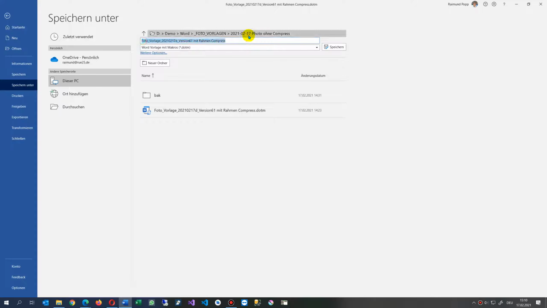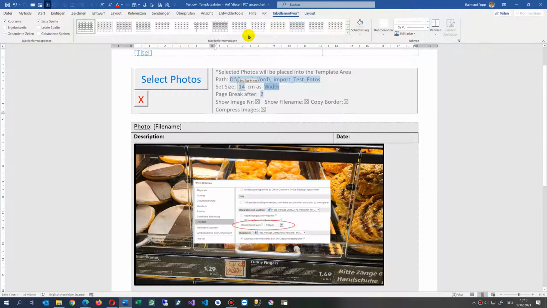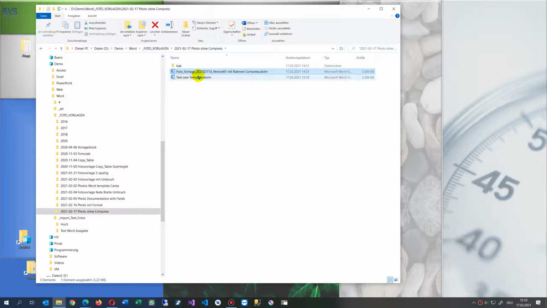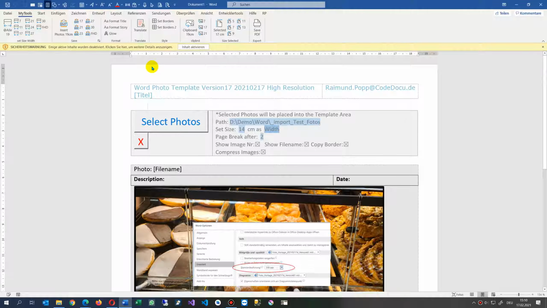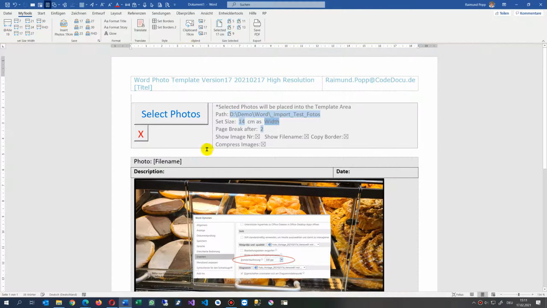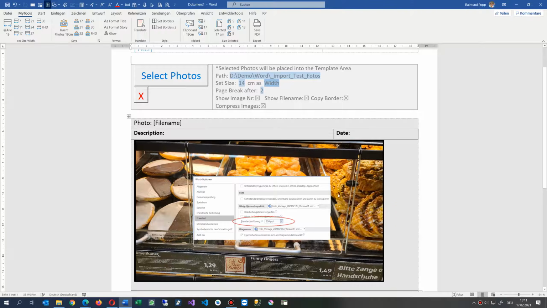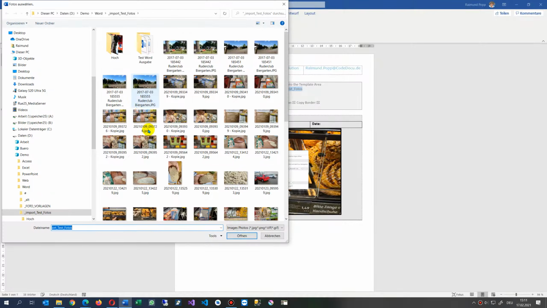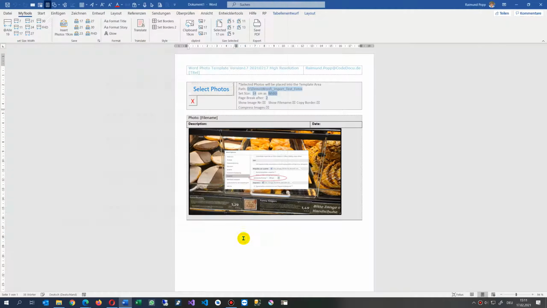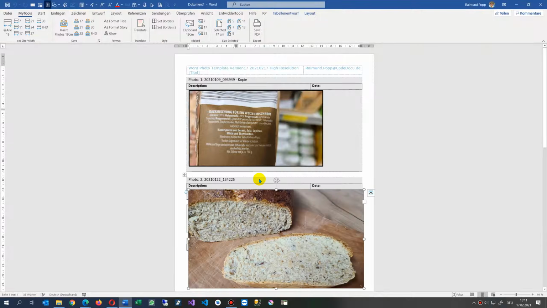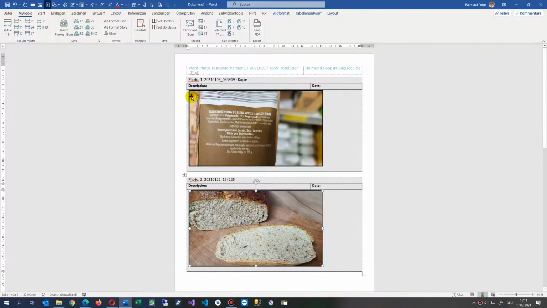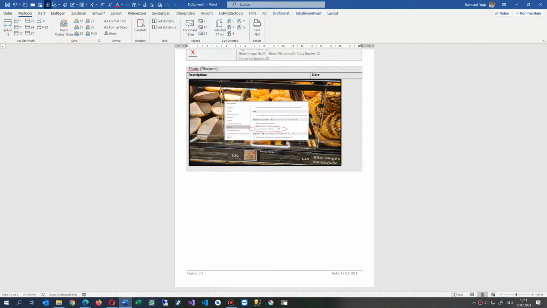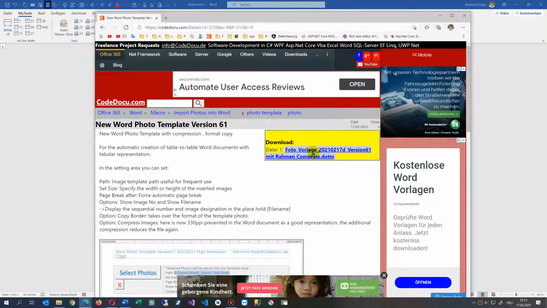test template, own template. I saved it now, and now when we double click on it, you have to activate it, and then, as you see, this is now with our new template format. And now you may select some photos again, and when you copy this, you see there's a new default area given. So this is my template, and I've set it to my download page here on my